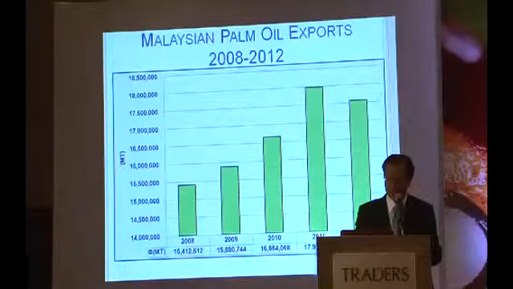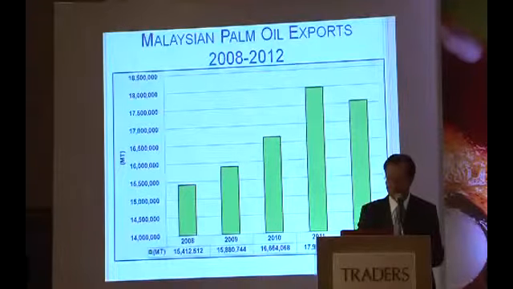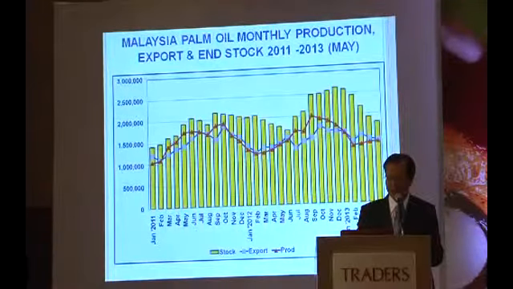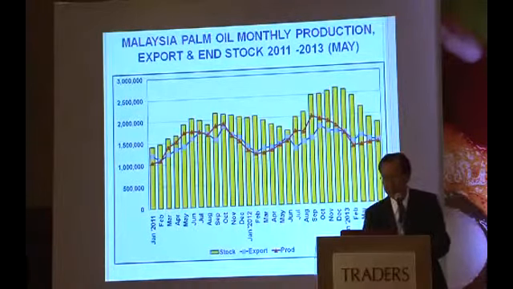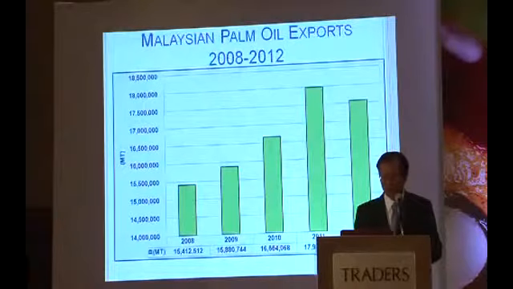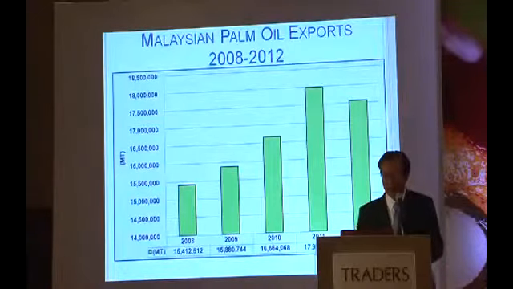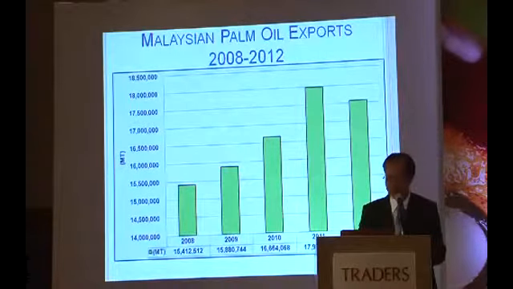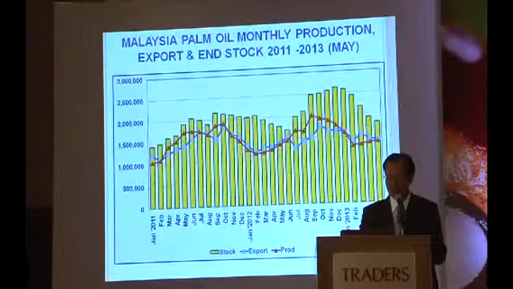The Malaysian palm oil exports, we consistently become dominant exporter of palm, although it slightly dipped for 2012, but this is continuing. That 2012 dip was partly because of lack of export opportunity while competing with Indonesia, so that we build a lot of stocks. But otherwise, as you can see from this chart,